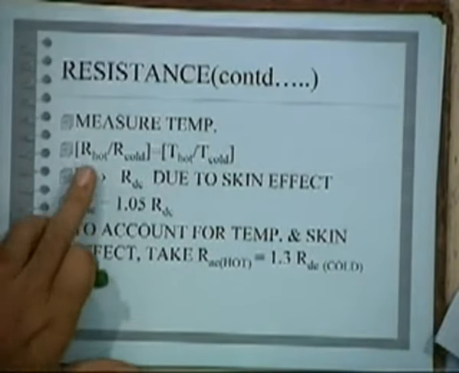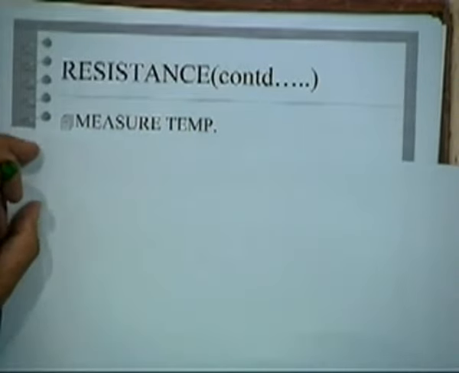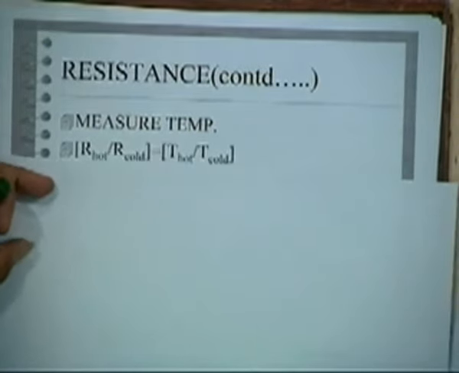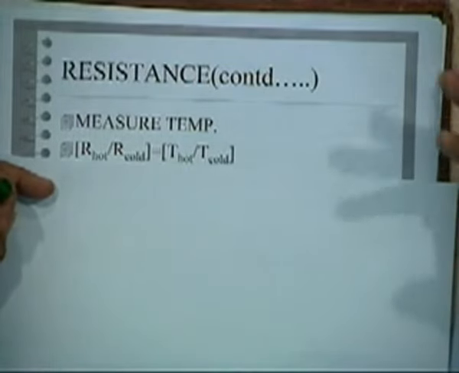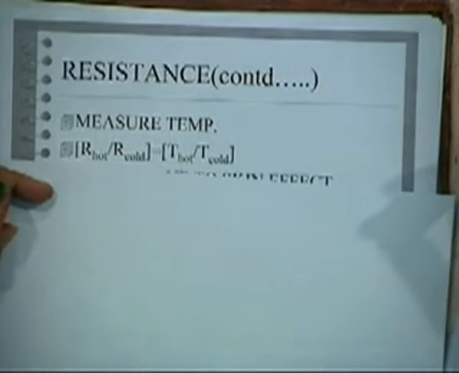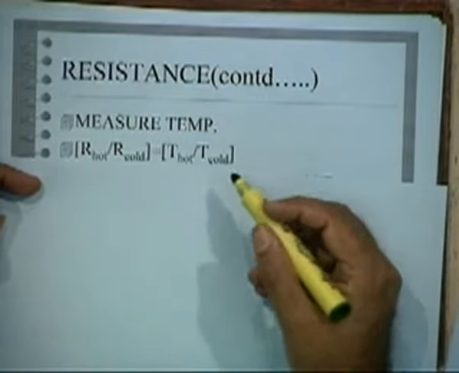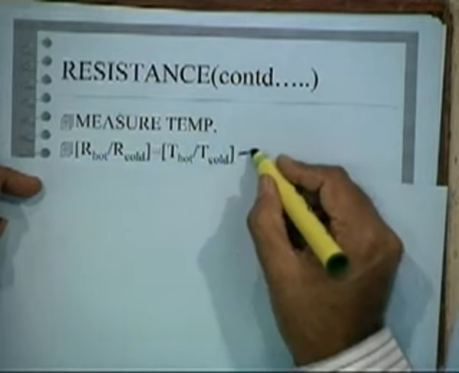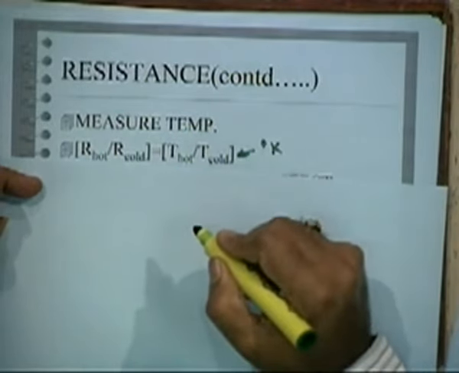Next what you do is you also measure the temperature in which you took that measurement. Now actually if the motor is hot, then the temperature will be different, your RS will be different. Now we can take that R hot by R cold will be T hot by T cold, but this T is in degree Kelvin. It is not in Fahrenheit or centigrade. You can say approximately. Why is it so?